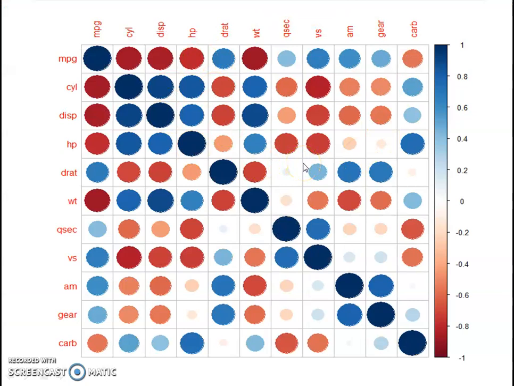You can see the gradient of color here. The darker the blue color, the more positive the correlation between the two traits, and the darker the red color, the more negative the correlation between the two traits. As in this case, we can see that the cylinder and the displacement have a high gradient of blue color, indicating high positive correlation between the two factors, and it is also confirmed by our previous two plots. So likewise, we can use correlation among different traits to find out whether they are positively or negatively correlated with each other.